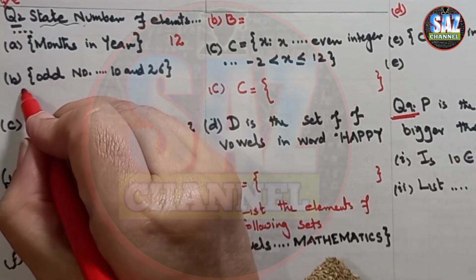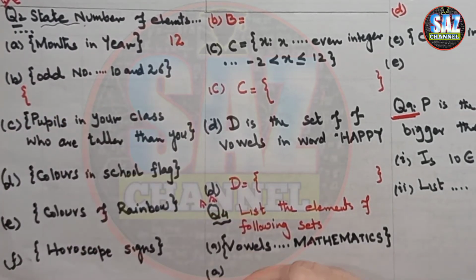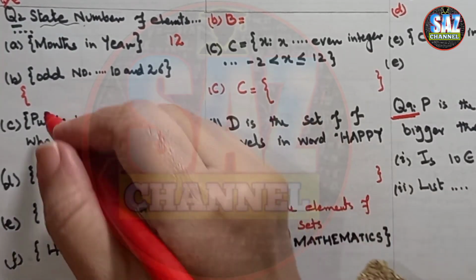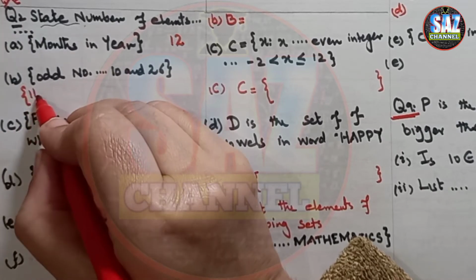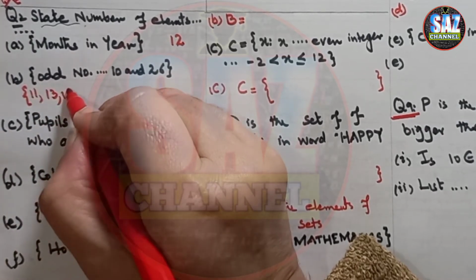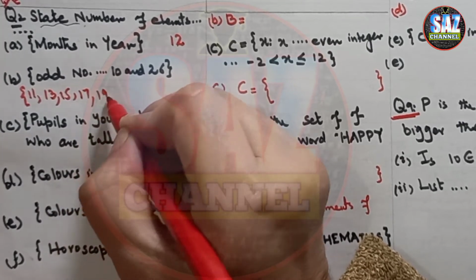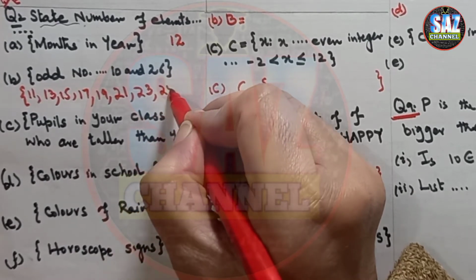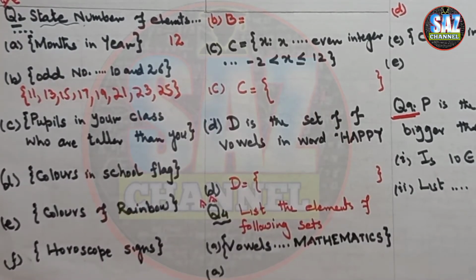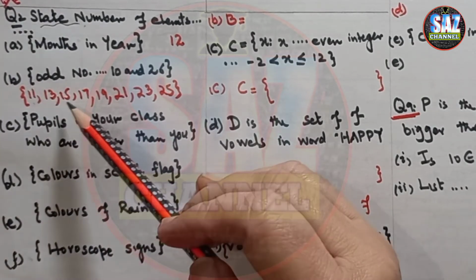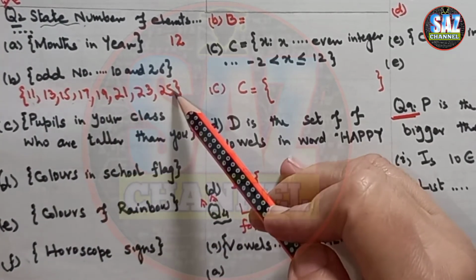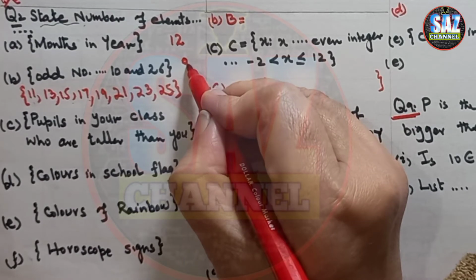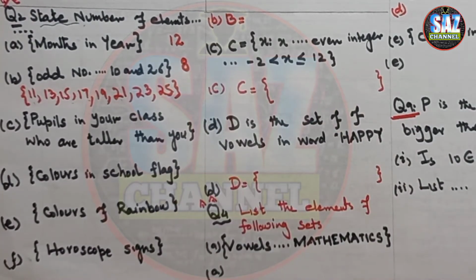If you find any difficulty, you can write that set, whether the set is of numbers or some letters. So odd numbers which are between 10 and 26: the numbers which can come here are 11, 13, 15, 17, 19, 21, then 23, and then 25. Okay, now let me count how many elements are coming here: 1, 2, 3, 4, 5, 6, 7 and 8. I hope you are clear about this. So I have to write the number of elements, so the number of elements will be written in the form of a number.